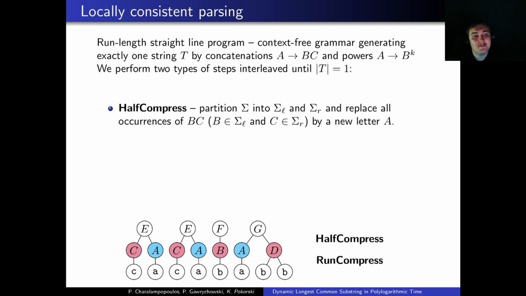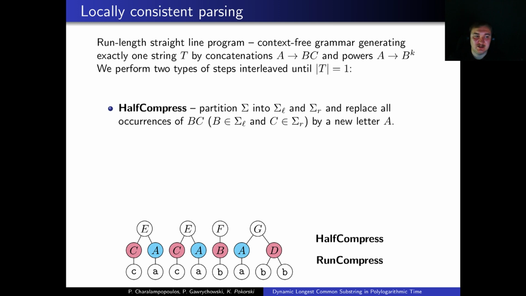And now, if we have an occurrence of consecutive left and right symbols, so there is a left symbol that immediately precedes a right symbol, we create a concatenation rule for this. And of course the same rule is applied for the same non-terminals, like CA in our figure appears twice, and this is